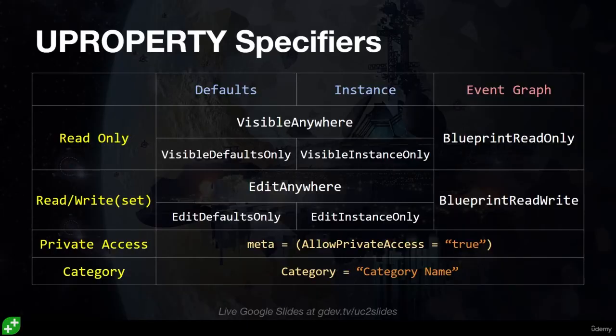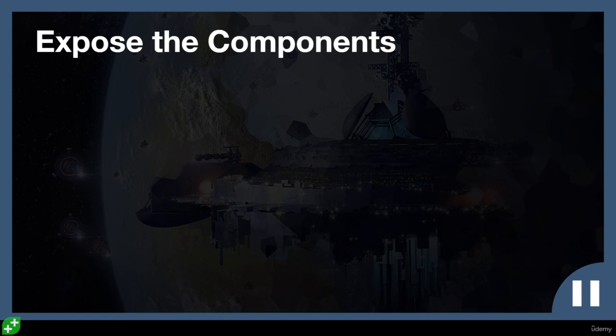So I've added a couple new things to our table here. We can give private access. We can take private variables and still expose them to the event graph with this meta specifier. And we can also give variables their own category to organize them in Blueprints. So now that you know plenty of ways to control the access to our variables in Blueprint, you're going to